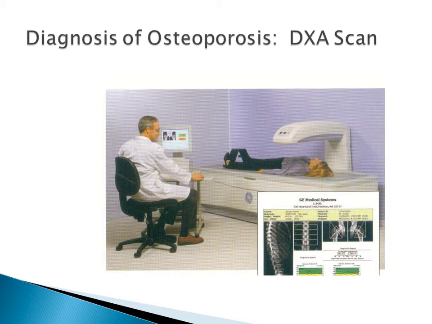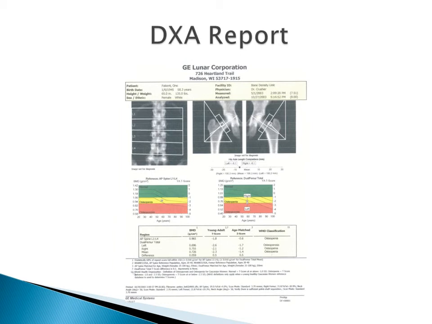How is osteoporosis diagnosed? Well, we're going to be talking about that, but one of the components of the diagnosis, but not all, is the DXA scan. Shown here is a GE Lunar scan. The person lies still under the scanner in the proper position with the feet strapped to the device, so that there's a little inward pointing of the toes, and the scan goes across the spine and the hips, and a report is generated